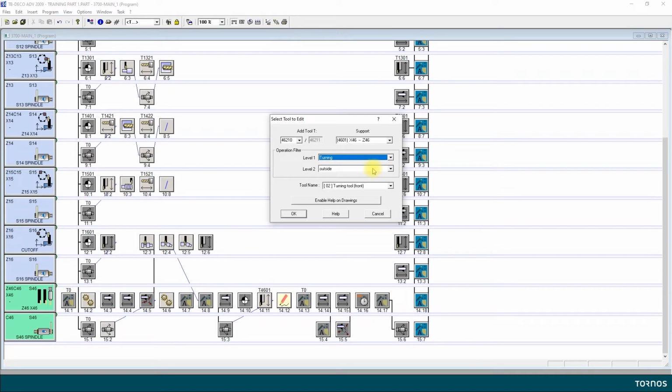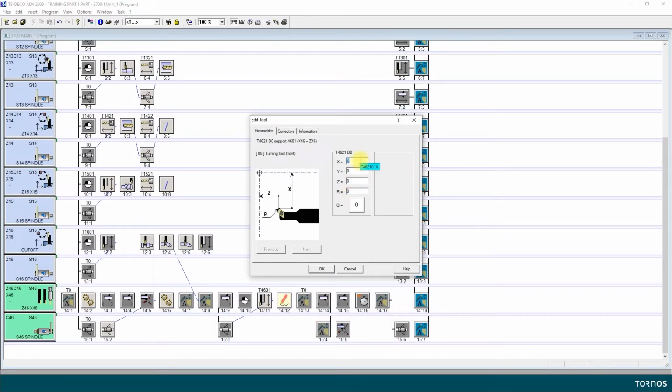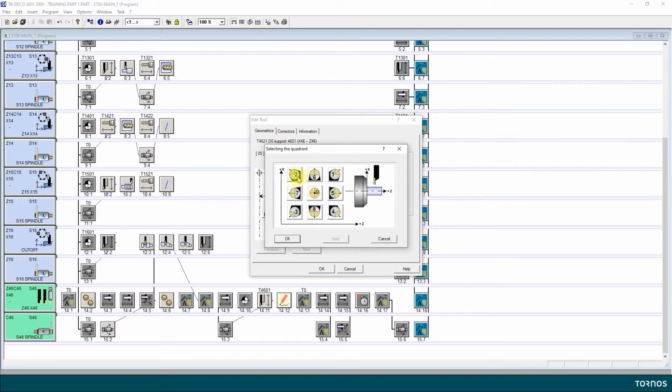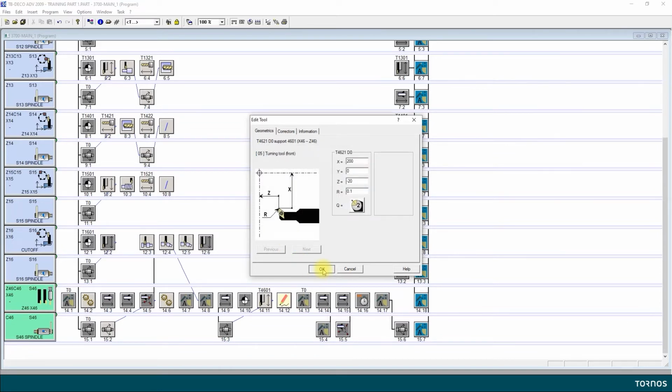In my turning tool, I will choose an inside turning tool, and here I want not an infeed inside, I want a turning tool front inside. Okay. Already exists. Do you want to change? I want to change. Yes. So here I put my standard backwork geometry for that type of tool, 200, and here minus 20. Let's say we will have a corner radius of 0.1, and then the quadrant will be very easily found, quadrant 2. Okay, I can save.